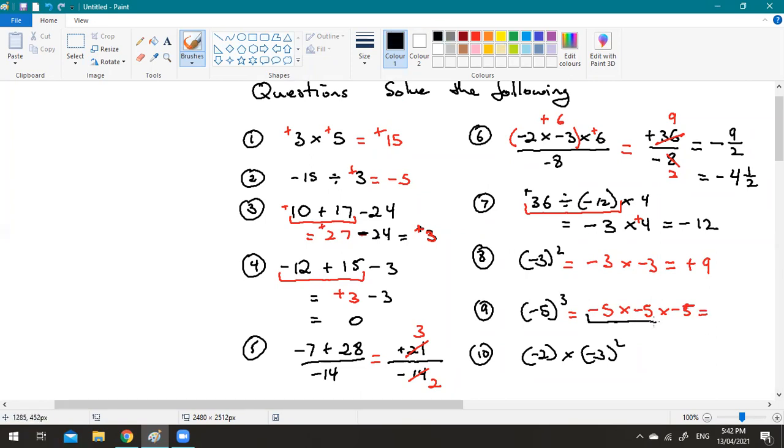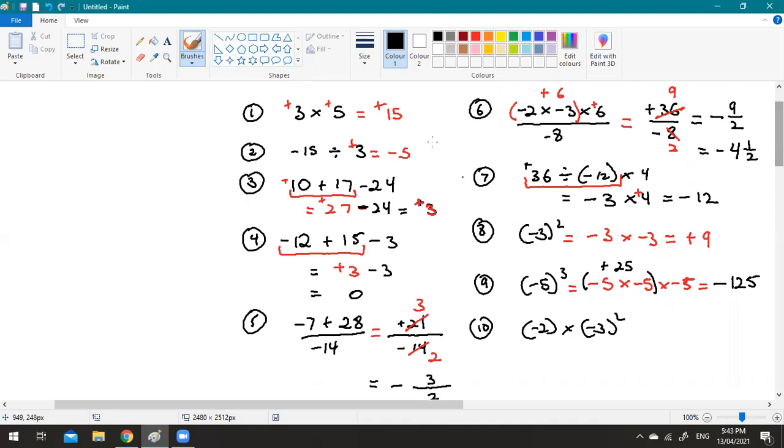And again, you could look at it in parts, or you could put a bracket. A negative by a negative is a positive. 5 by 5 is 25. And then multiply again. Positive by a negative is a negative, 125. And the last one, well, we have nothing to remove the brackets here, so let's bring it